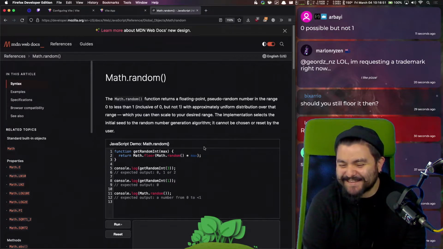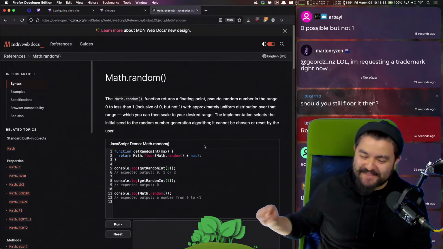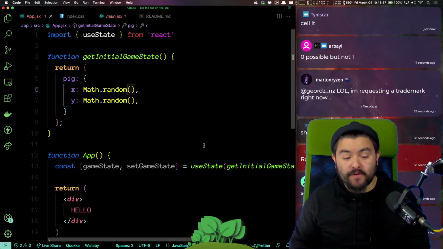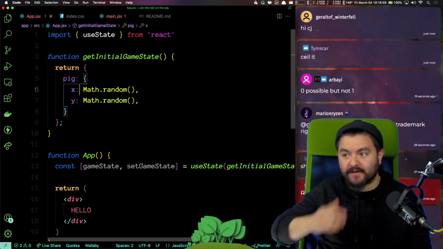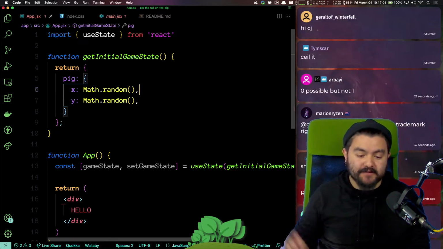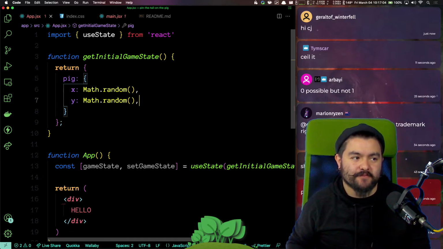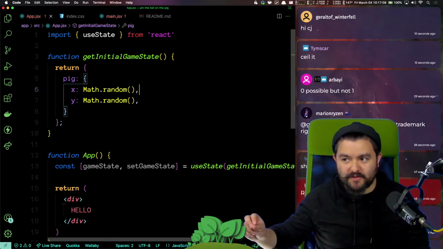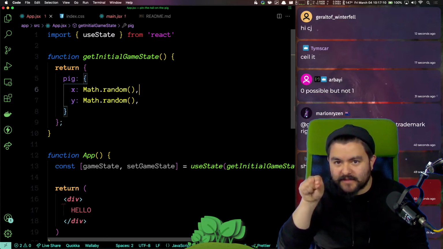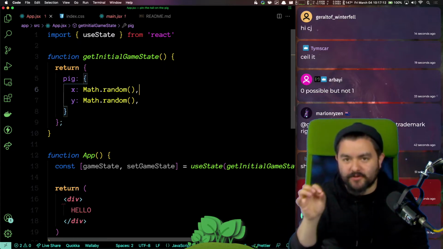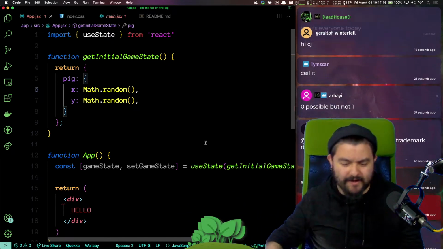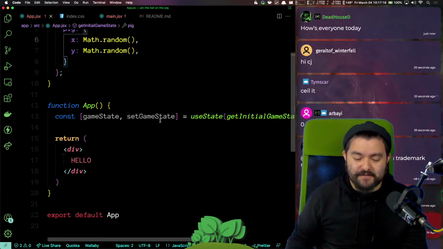That's fine. You'll just never be able to get it in the far bottom right corner. I don't want to floor it though, because if I floor it, it removes the value entirely. I literally just want a value between 0 and 1 for both of these, and 0, 0 is the top left corner, and 1, 1 will be the bottom right corner. But you'll never be able to get completely in the bottom right corner. Okay, that should be fine.